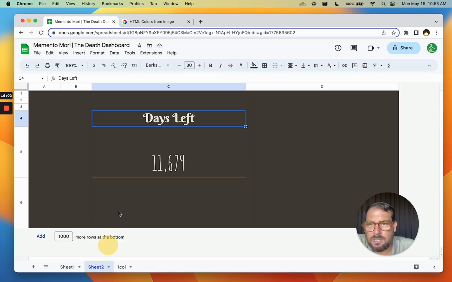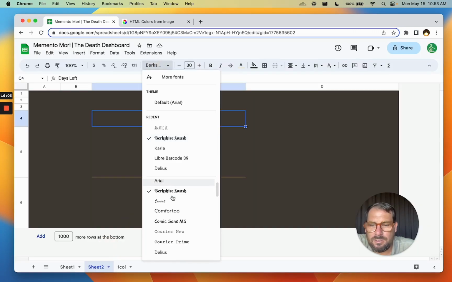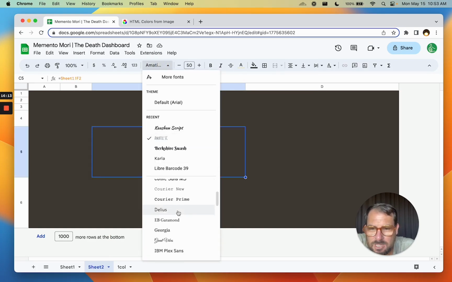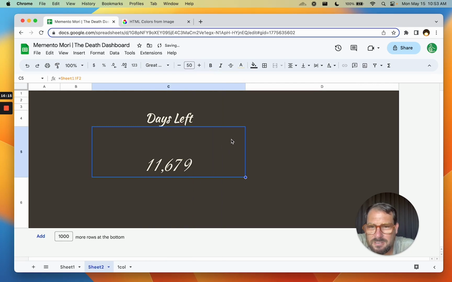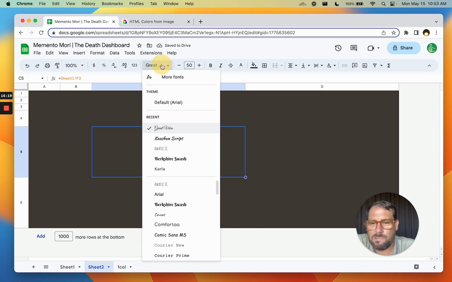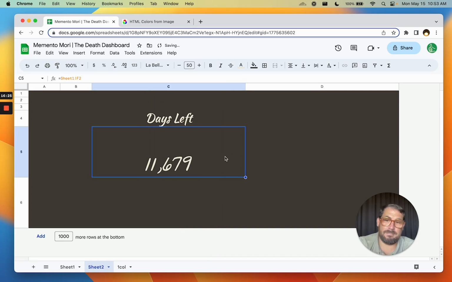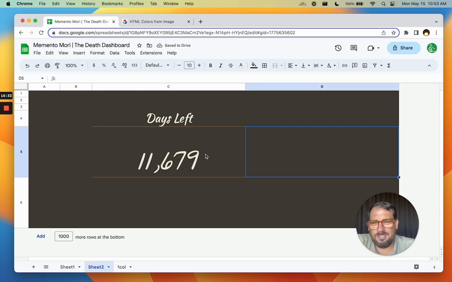All right, let's look at those. Let's see, what did we add? We added one that I like, this Caution script. Interesting, right? There was another one, Great Vibes. The numbers look pretty cool, but I don't like that skew. I don't know why. And for numbers, what do we really want, this script? Let's see. That's not so bad. Let's actually increase it even more. Like that. But it looks a little too